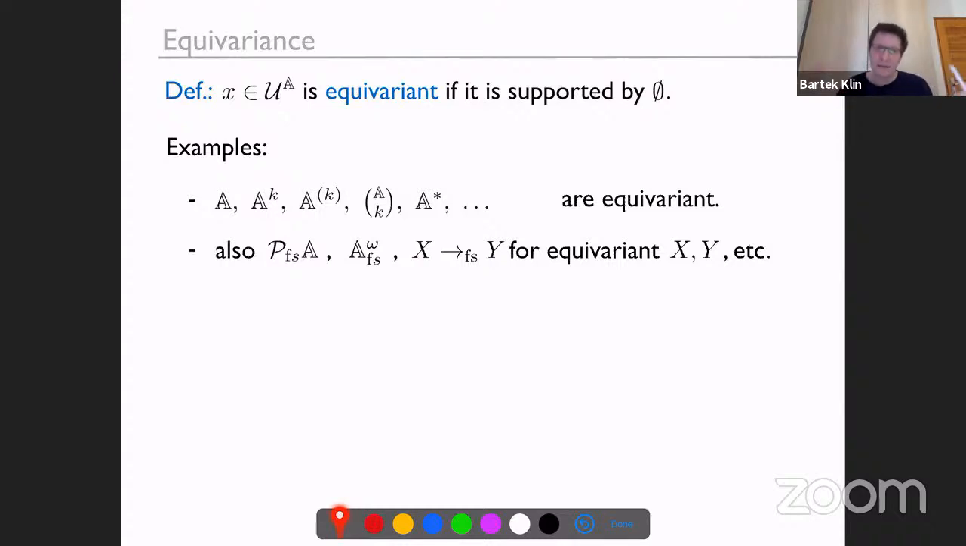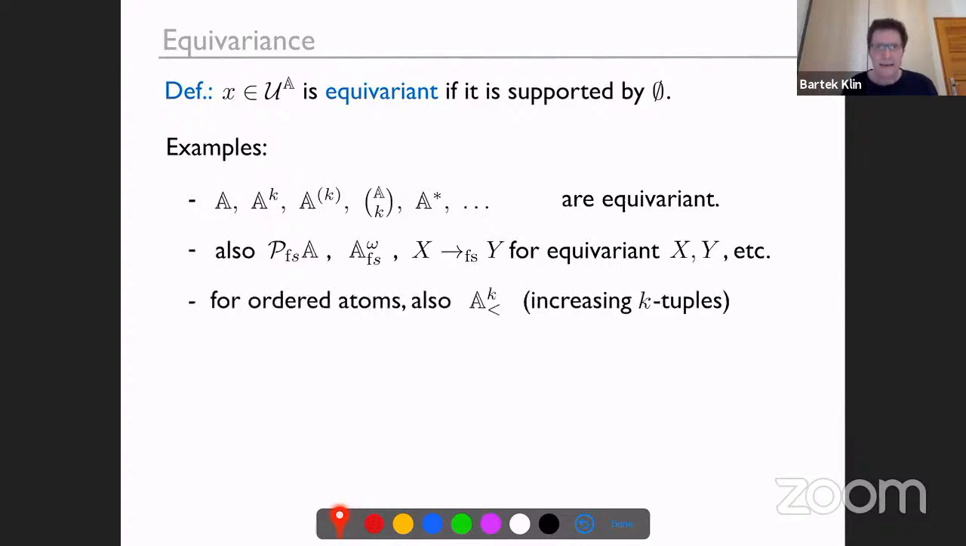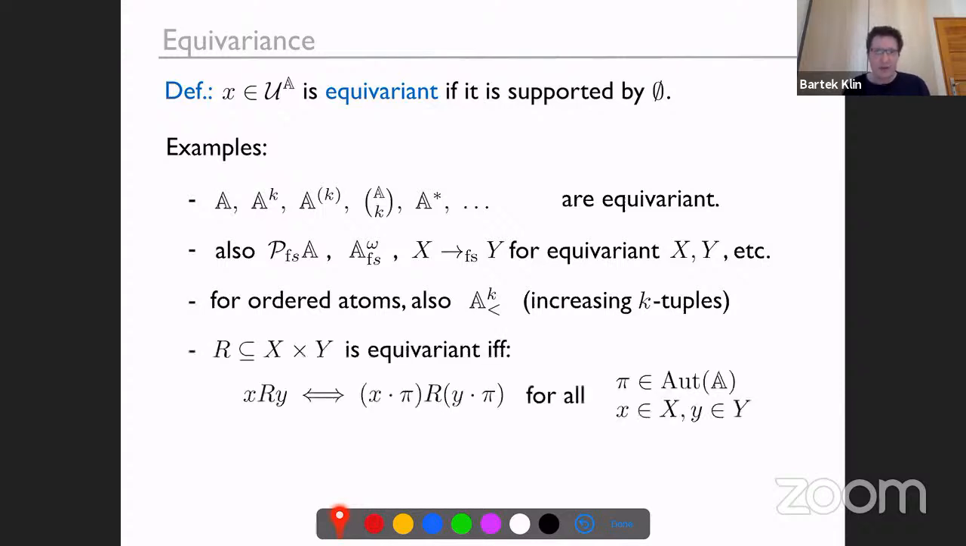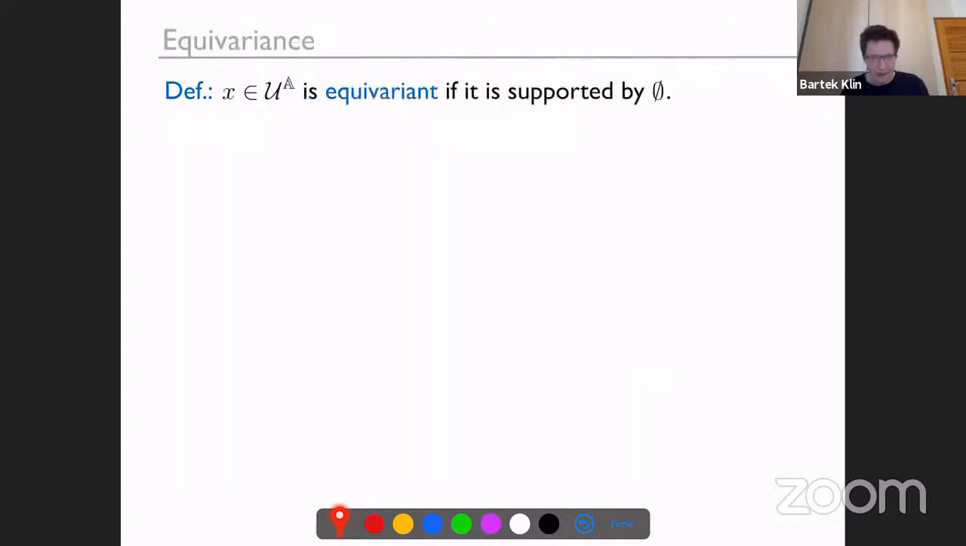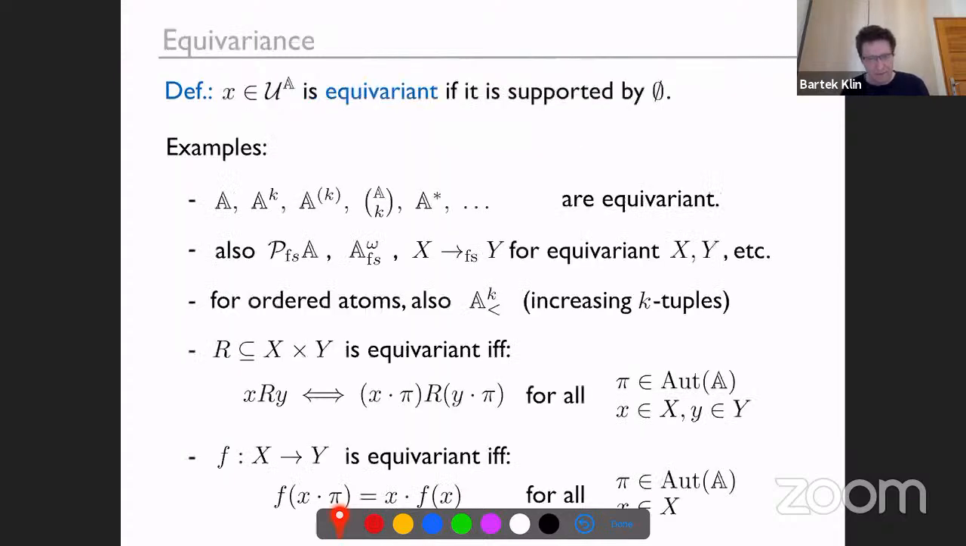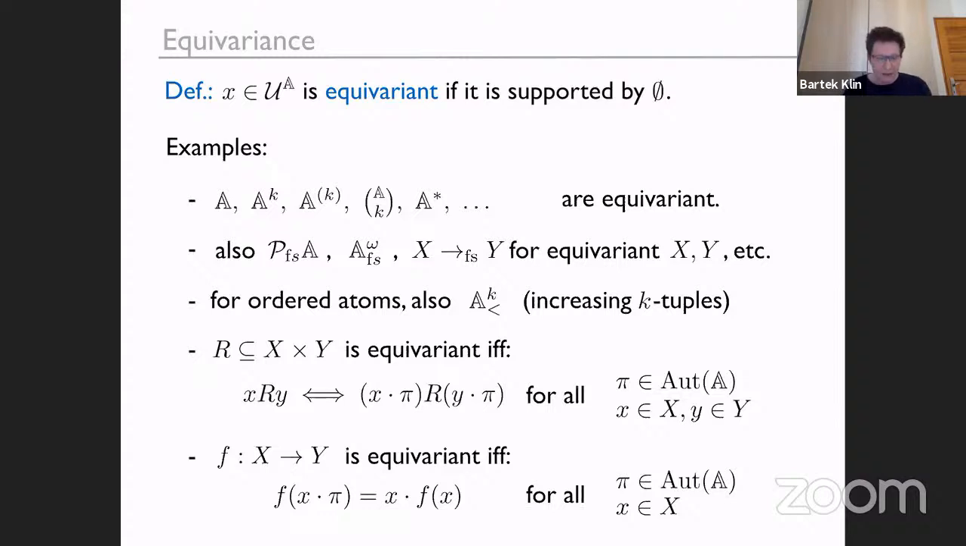For ordered atoms, again, some more sets become equivariant, such as, for example, the set of increasing k tuples. Now, over equality atoms, we cannot say anything about increasing. And there is a definition of what it means for a relation or function to be equivariant. Now, these are not new definitions; they are just unfolding of the definitions of equivariance. So, for example, a function is equivariant if it commutes with an application of any